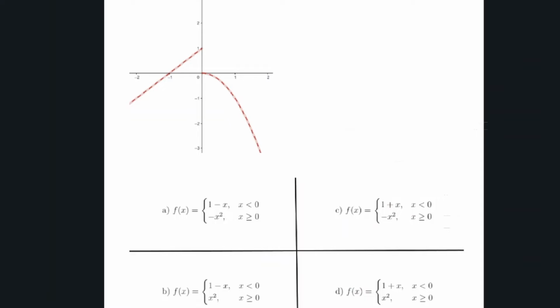So we're at our next question, and again, remember, always the guidance is to pause, try on your own, and then unpause to check the solution. So I can see I've got a piecewise graph, and the way I know I have a piecewise graph is I've got a distinct behavior. It's a straight line to this point, and then all of a sudden it changes to be a non-straight line